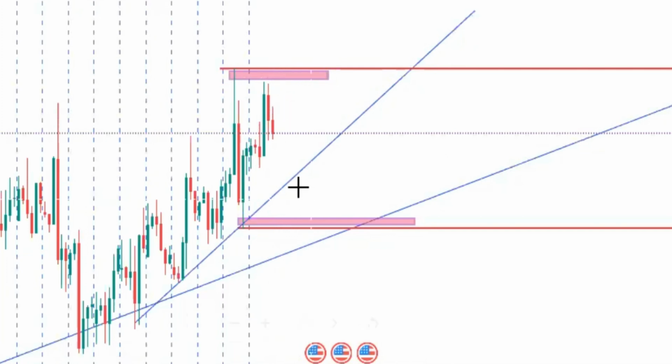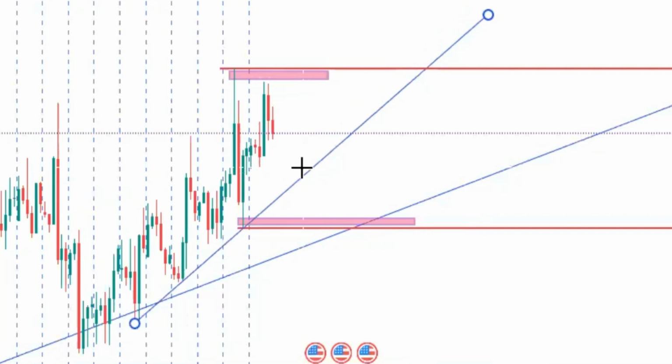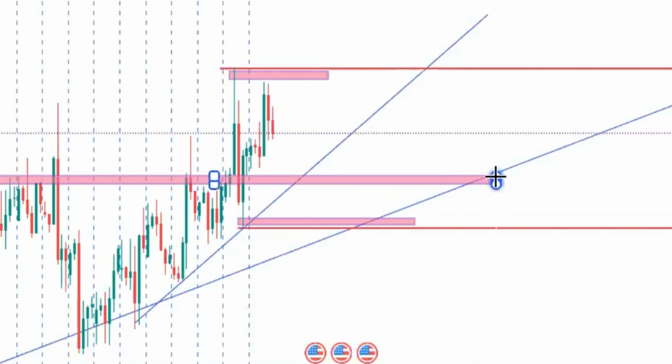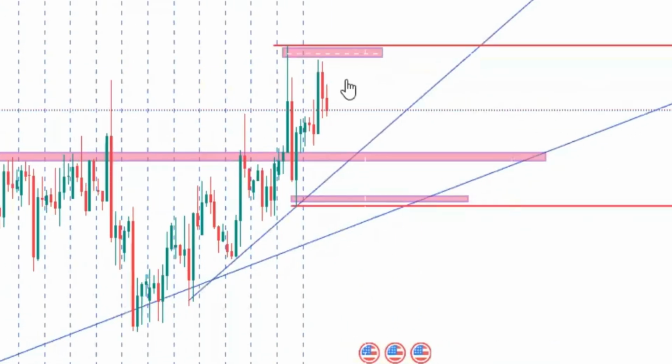However, this market can come to this trend line. This is a minor support here. This market can come to this trend line and, at the same time, this support zone, and bounce off. So be watching out for two things. Either we get to this trend line. If you see a reversal pattern from here, you are free to long.